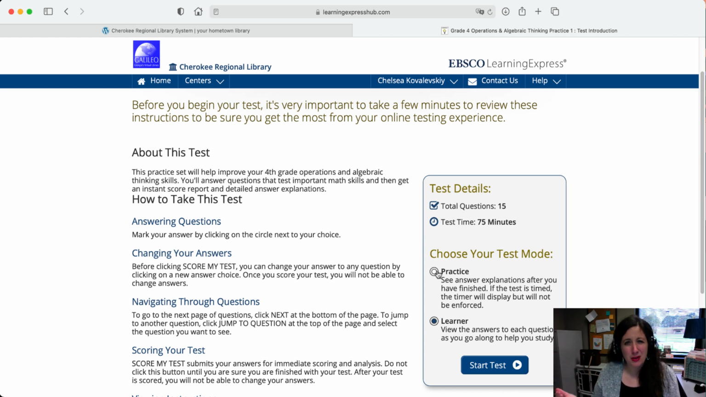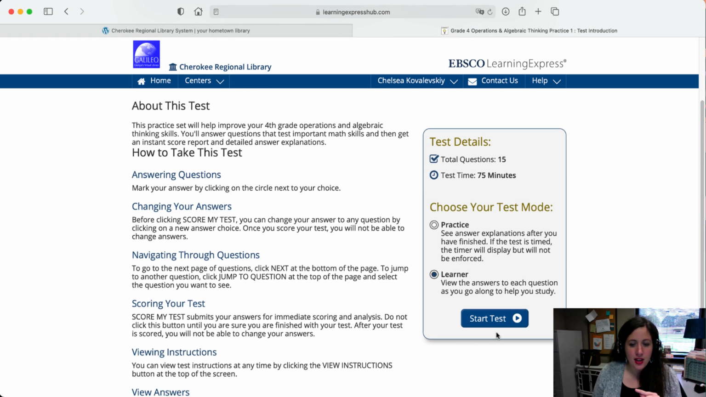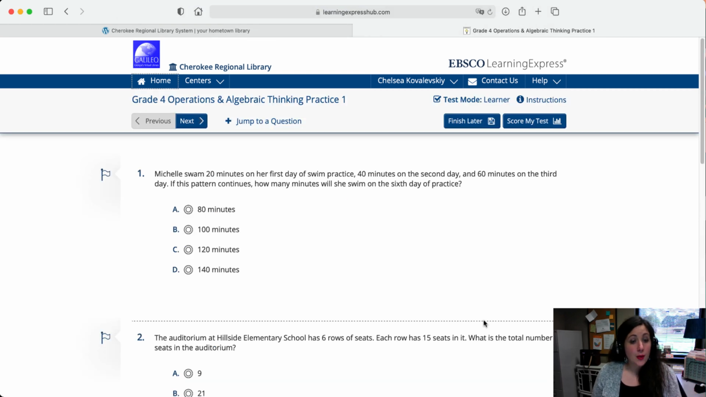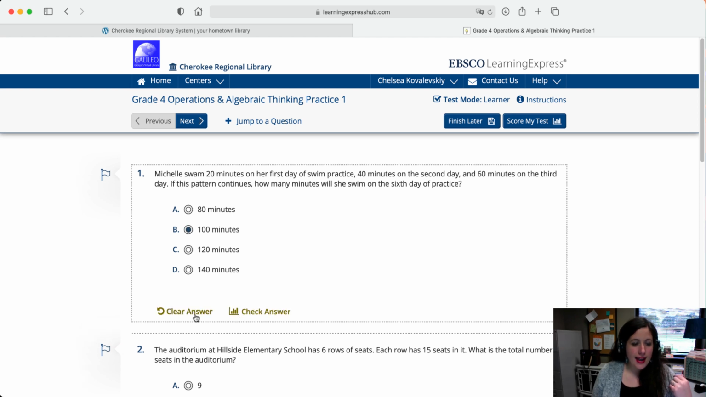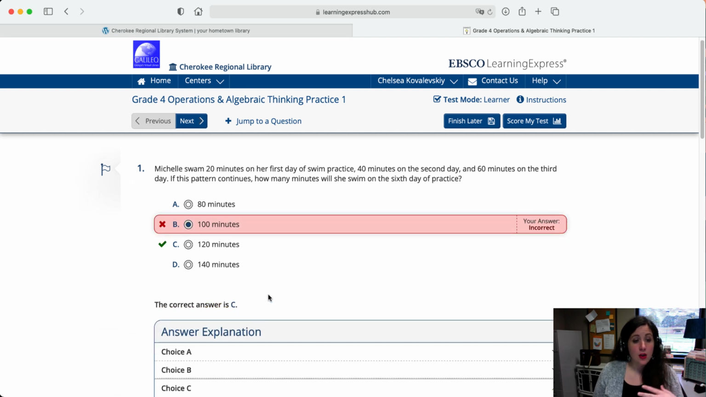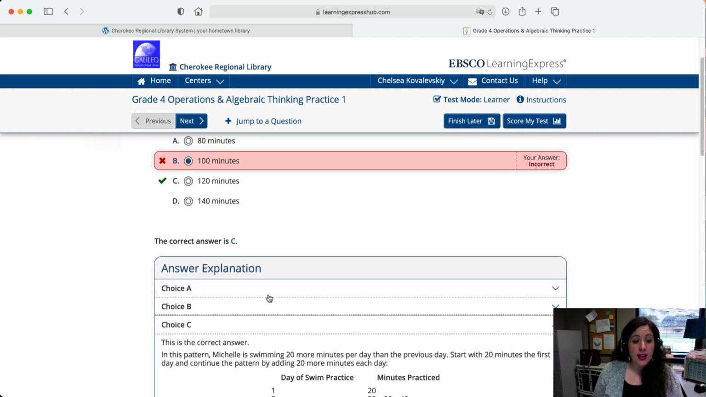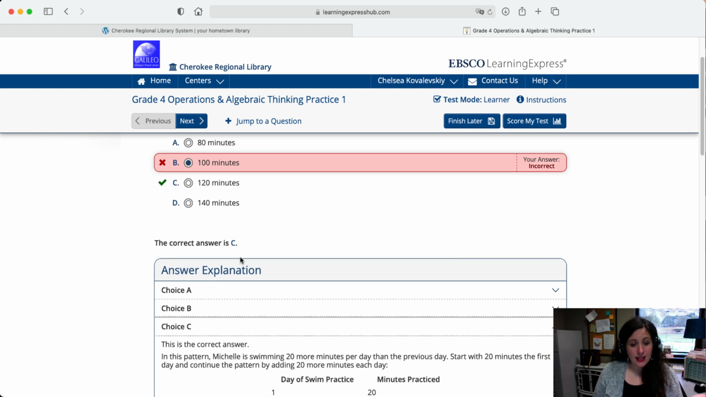But by then, it's probably been a while since they got the question either right or wrong, so probably not as good for studying. So I highly suggest doing the learner mode, and we're going to start the test, and I want to show you what it looks like. So here we are. We've got some word problems here. I'm just going to go ahead and pick an answer. And because we are in learner mode, it gives us the ability to go ahead and check the answer right away. So I got the question wrong, but it does tell me that C was the correct answer,